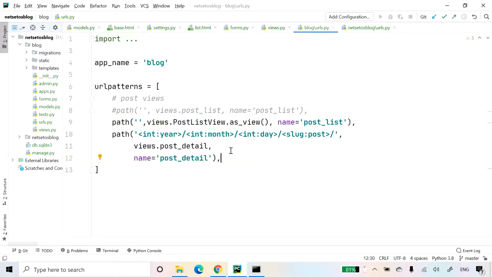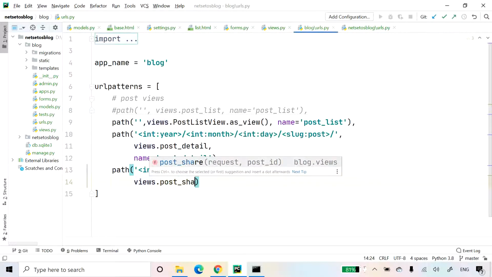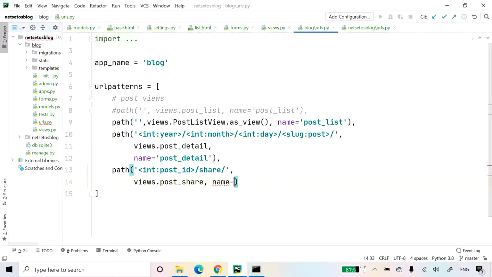Inside this, I will put an enter and start writing path with quotes, angular bracket, int:post_id, share, and after putting a comma, views.post_share, name equal to post_share. Don't forget to put a comma over here. So our URL is also complete by now.